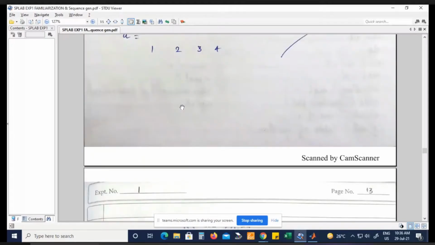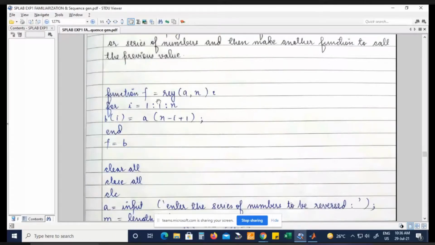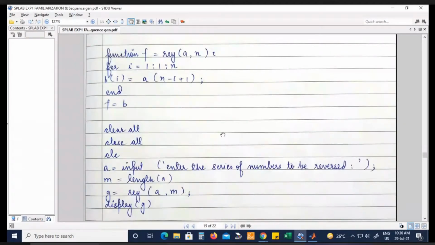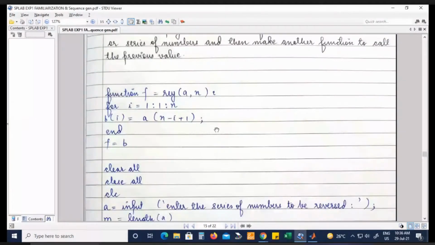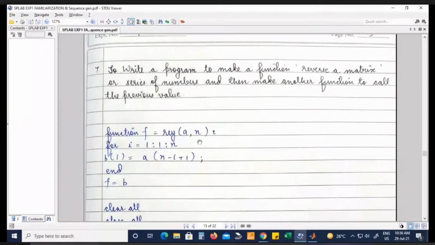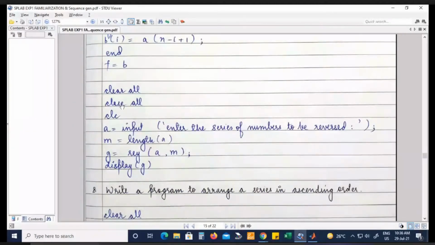So here in this part, we use the function call. Using the function call, you have to perform the reverse of a matrix. You know how to write the function call. So first, in the editor window, you write